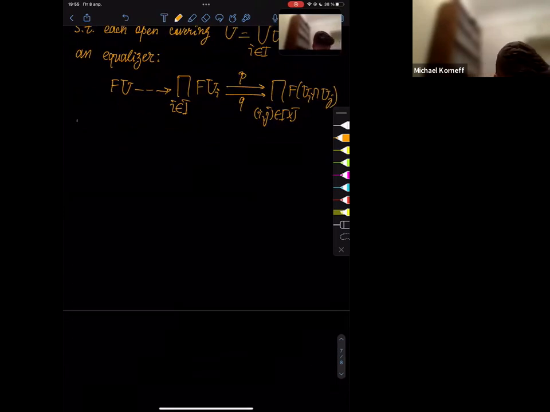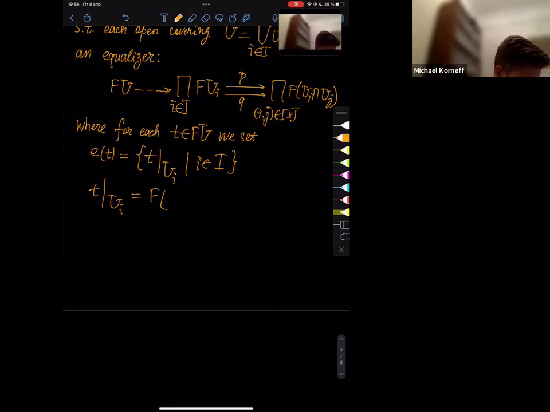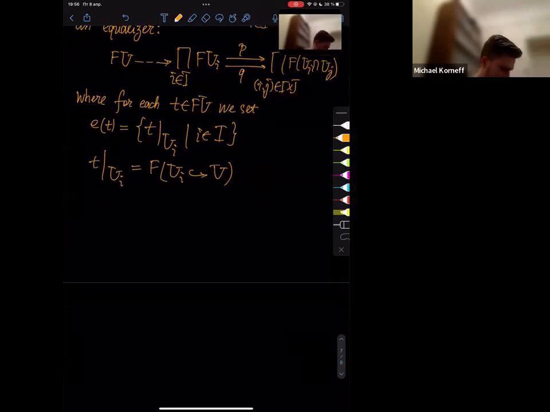Okay, where for each t from F(U) we set E of t is the set of restricted maps for any index from I, and also t restricted on UI is F of the inclusion, the inclusion map. This is just a restriction, and